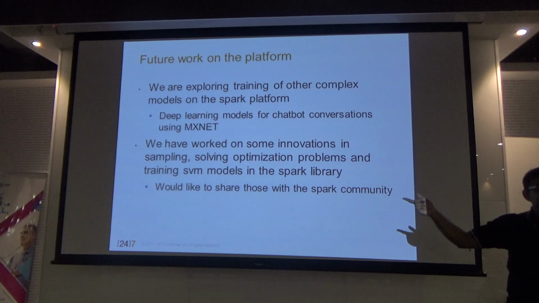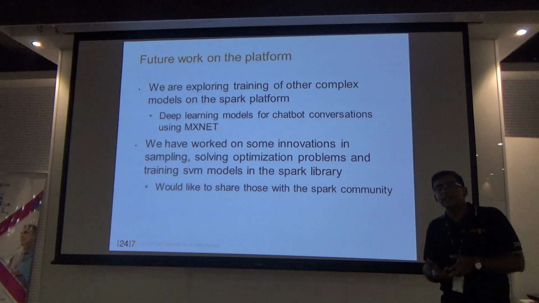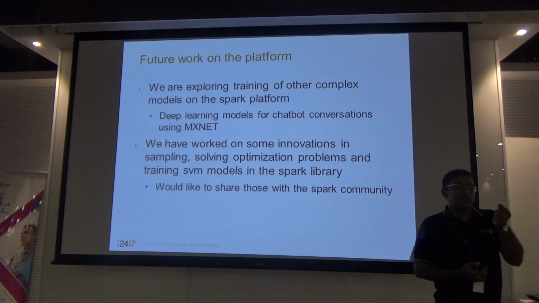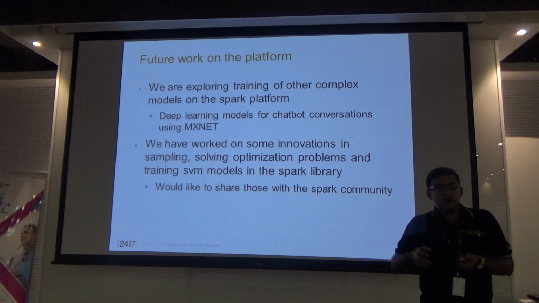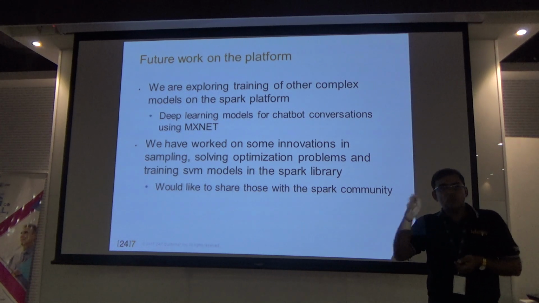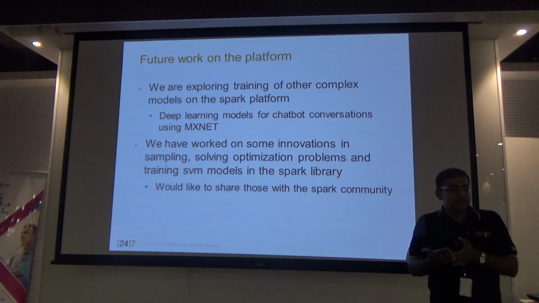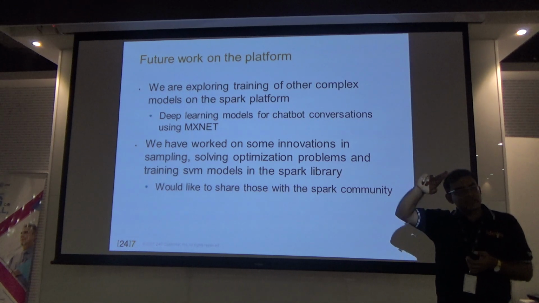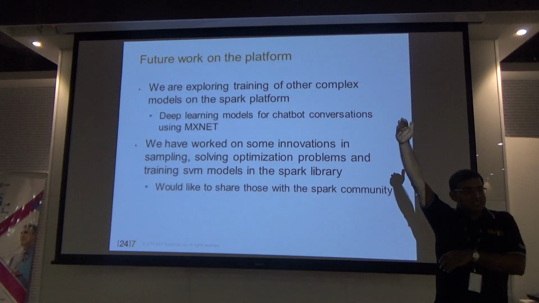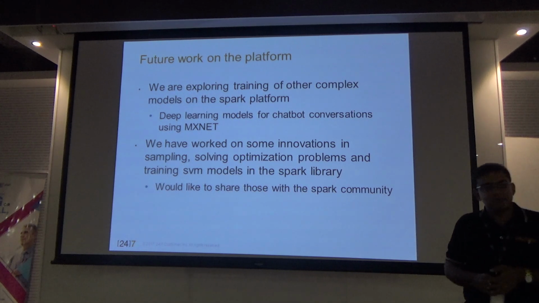For example, in terms of sampling, right? Shashank was talking about random sampling. There is another very powerful method called stratified sampling, which is very important when you are dealing with multi-class classification. In most cases, you are determining intent. There are typically, let's say, 10, 12, 40 intents that we have to predict, right? One way is you do binary classification for each intent. This intent, not this intent. This intent, not this intent. But that's a pretty cumbersome process, right? The other way is to do a multi-class classification, a multi-intent problem.